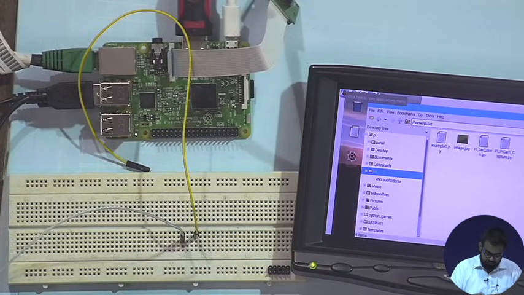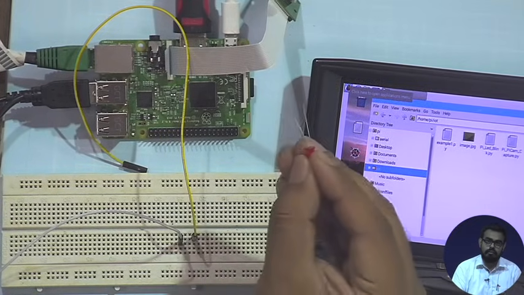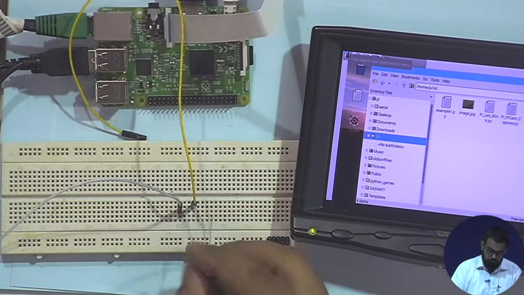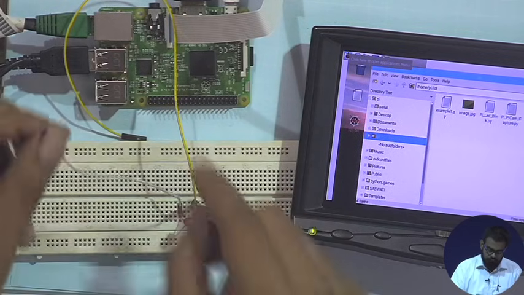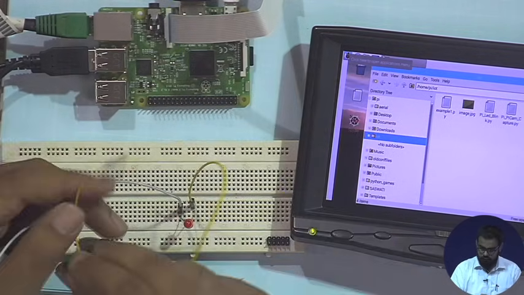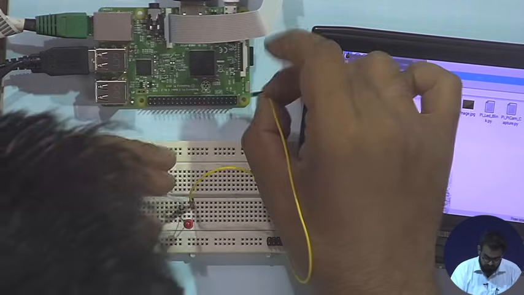I'll check for the positive and negative terminals. The larger one is the positive terminal and the smaller one is the negative one. So the white wire is connected to the positive terminal, the yellow wire is connected to the negative terminal. So this negative terminal I'll put to ground,